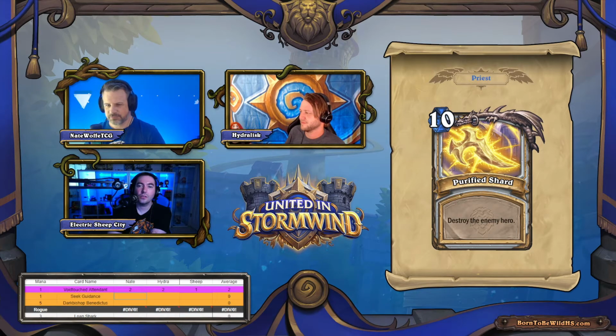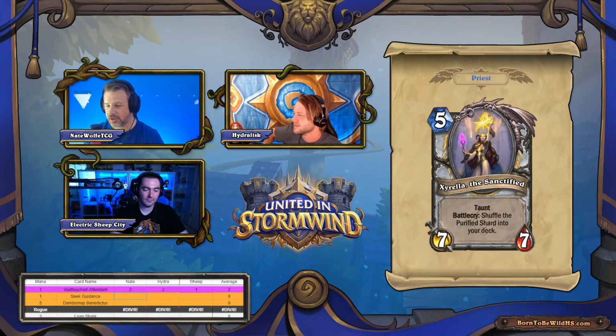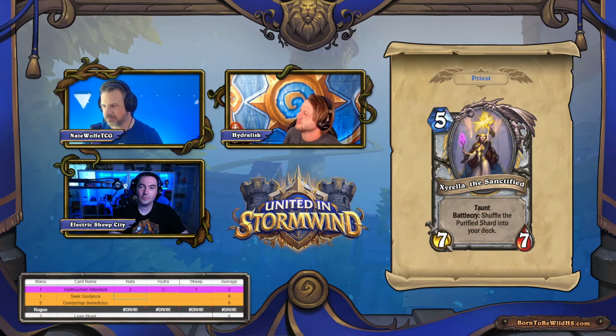And so Xyrella shuffles it into your deck. Oh, hold on. Yep, go back. It does. Okay, yes, you're right. All right, shuffle the Purified Shard into your deck. Okay, so Spiteful will pull. Say you play Spiteful Summoner, it drops a 10 mana minion. You'll get a 6/6 Cthulhu, but